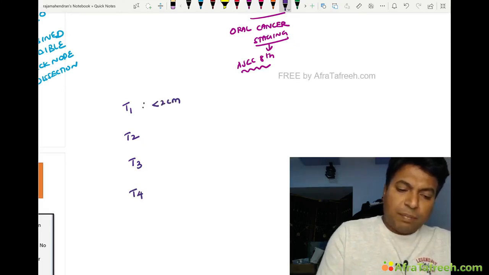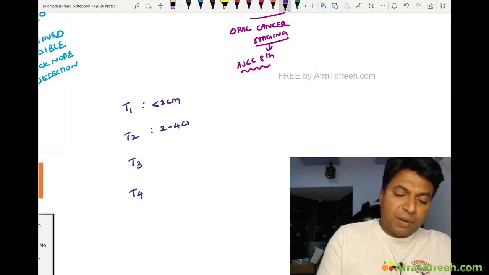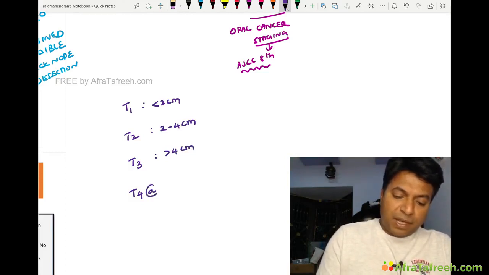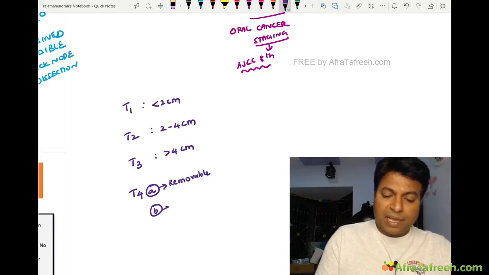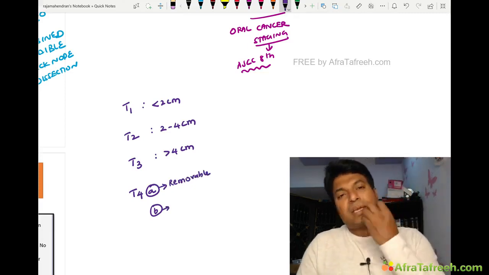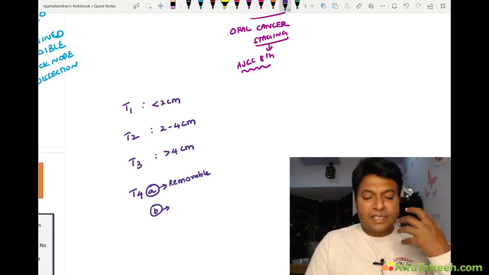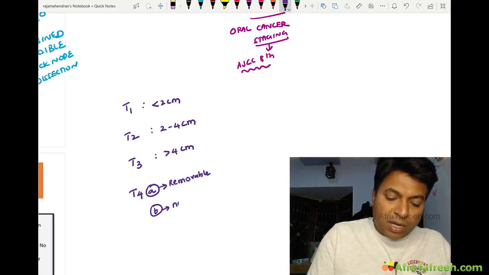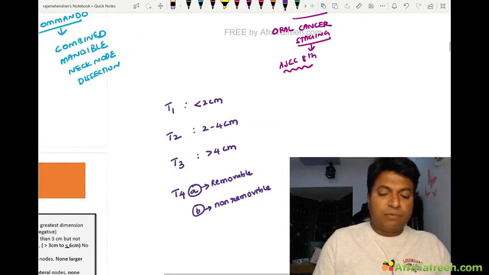Less than 2 centimeter is T1, 2 to 4 centimeter is T2, more than 4 centimeter is T3, then T4A and T4B. Removable structures come under T4A, like skin, the cancer involving the skin, involving the lips, like some facial skin, which are all removable. Non-removable structures like carotid sheath,